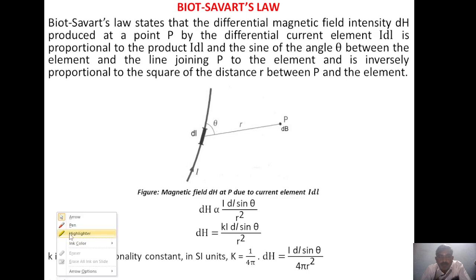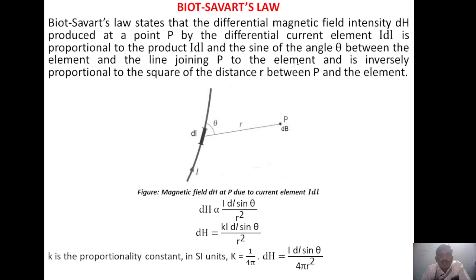Biot Savart Law is the very basic law for magnetic field intensity, as we discussed Coulomb's law for electric field intensity. In the same way, the Biot Savart Law explains that